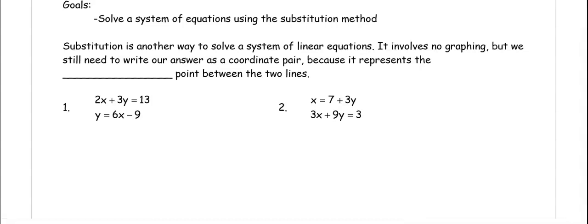This video is about solving a system of equations using the substitution method. So substitution is another way to solve linear equations. It involves no graphing, but we still need to write our answer as a coordinate pair because it represents the intersection point